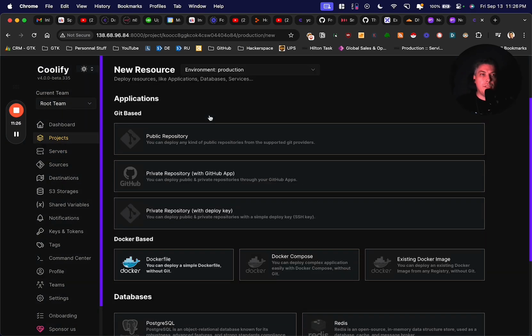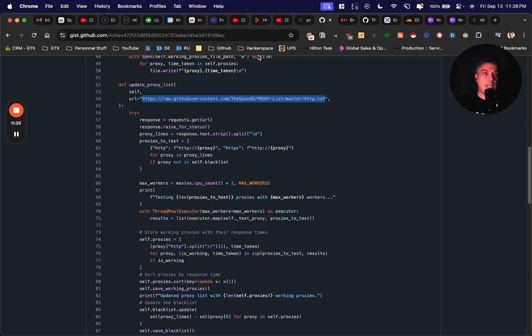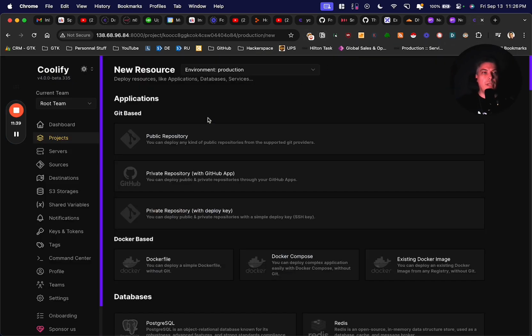You have a bunch of options. You can go with a public repository, which is a Git repository, so a GitHub repository. So for example, in this case, I could run one of those GitHub repositories over here, I could build and run it on the server itself. You can also run a private repository. So for example, I have plenty of private repositories. I can deploy them automatically and I can do my CI/CD, so continuous integration, continuous deployment into the Coolify